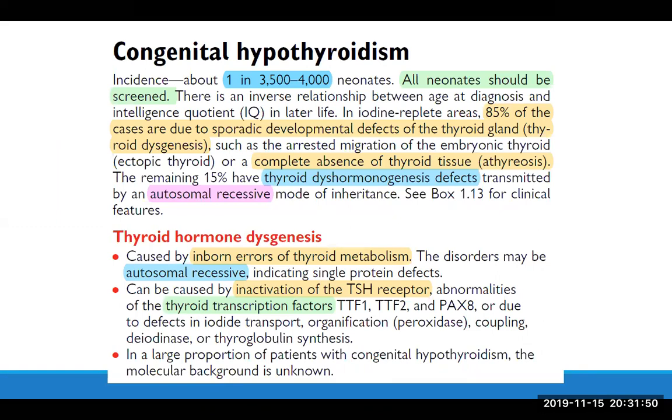This is a common disorder, with an incidence of 1 in every 3,000 neonates. All neonates should be screened routinely. In most countries, there is screening for neonates, and of course, most